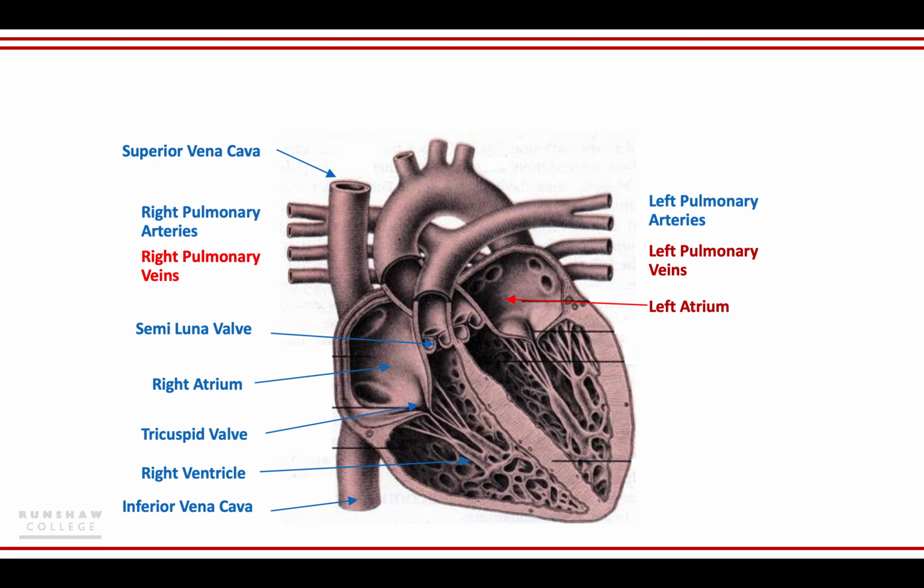So these will then filter into the left atrium through our mitral valve or bicuspid valve, as you may have been taught. And these valves are held together by something called a tendonae, very stringy type structures which stop these valves from folding inwards. All right, and they're there to prevent backflow. And then obviously your left ventricle, which then goes through the aortic valve